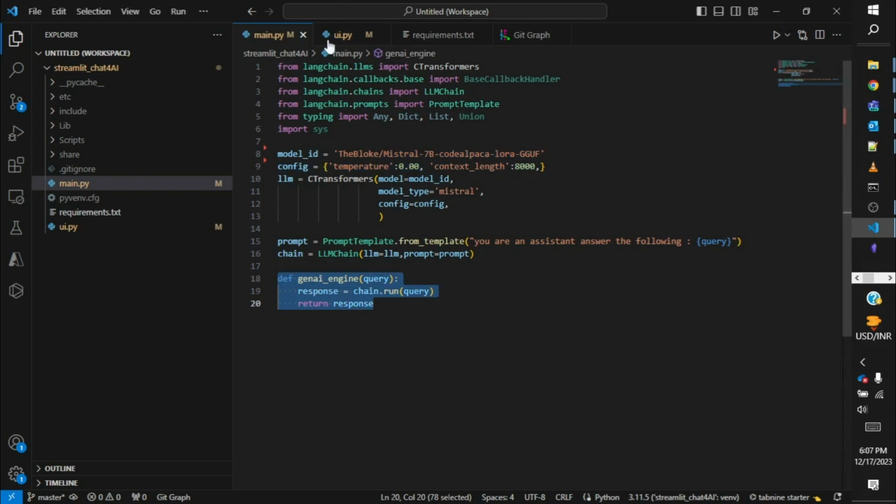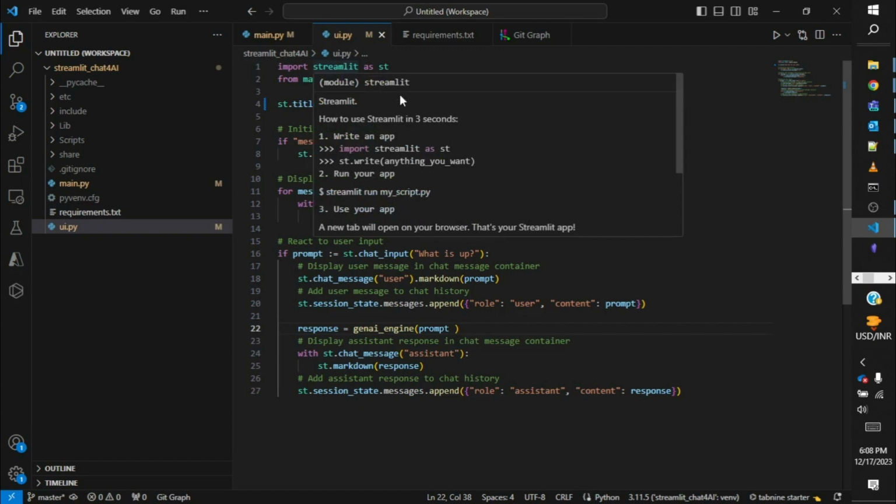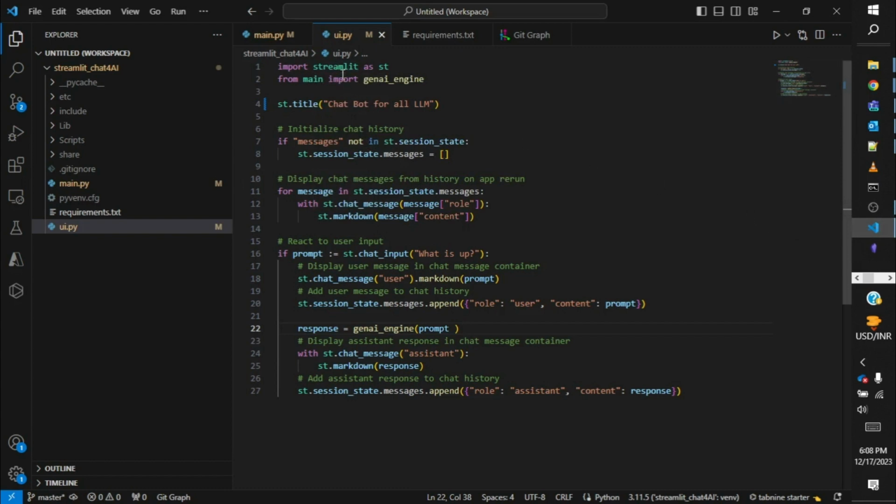Why did I do that? To create the interface, you don't need any HTML or CSS. There is a web UI framework from Python, that is streamlit. So using streamlit we can create a web interface for many of our Python projects. Here we are initializing a session state, and then there are a few elements like chat message and chat input with which we can